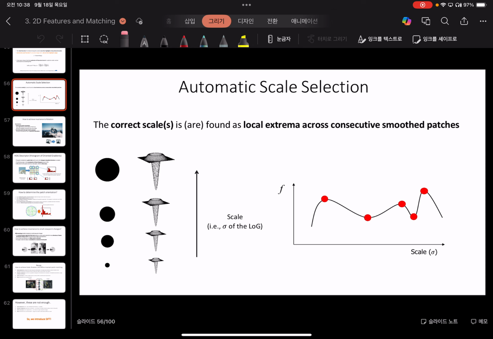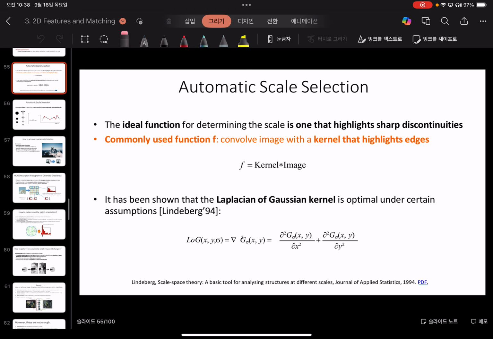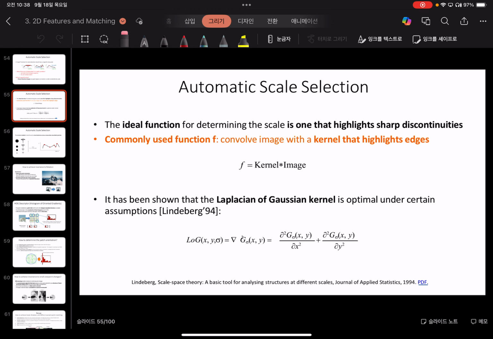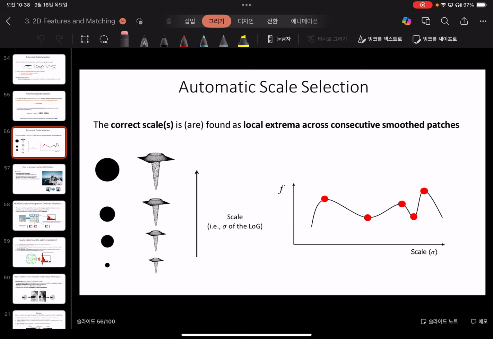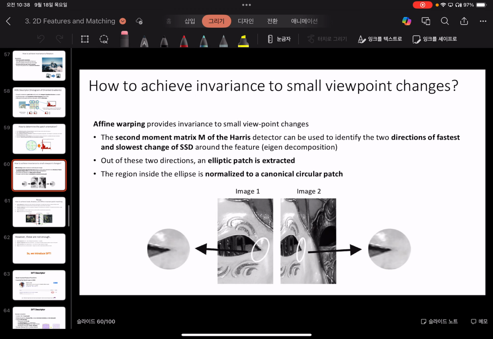And then the commonly used function f is a convolved image where the kernel is an edge detecting kernel. We can predefine some kernel, and then we can just do convolution to make function f, and then just retrieve some pixel value from this convolved image. So f becomes just a function. And then Laplacian of Gaussian is widely used for this purpose. And we learned some Hough